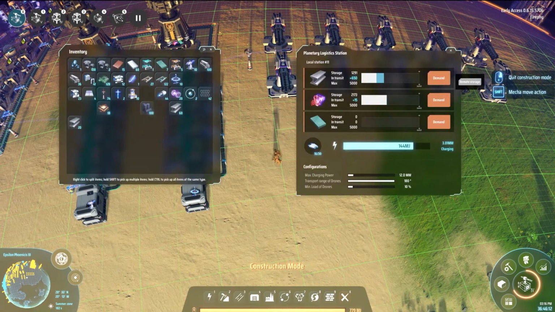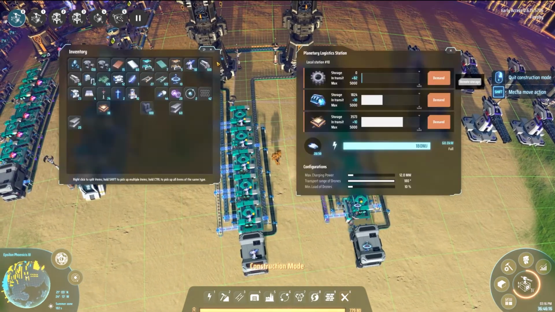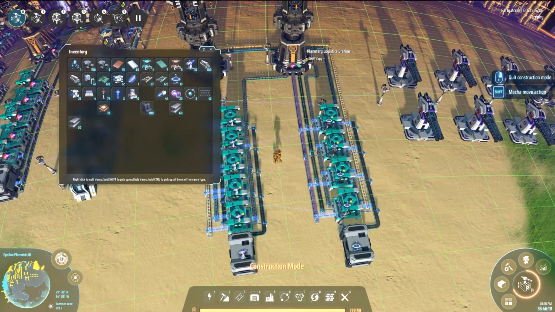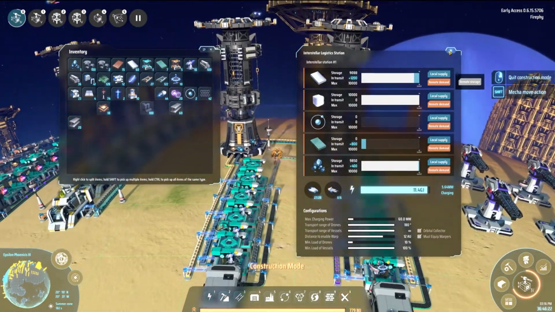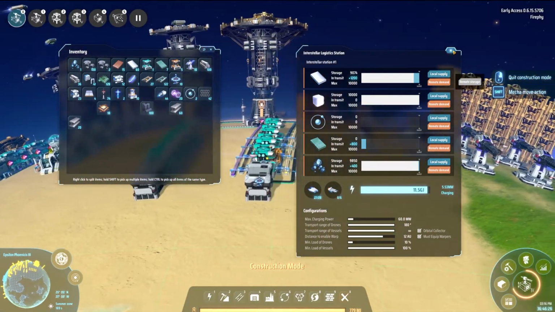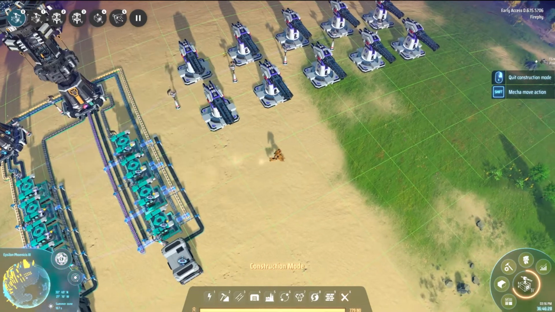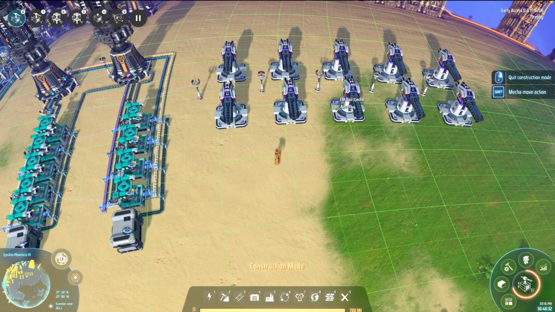What have I run out of? Silicon. That's it. Why have I run out of silicon? Because I don't have any there. That's fine. I'll sort that out. Cool. So yeah, definitely gonna do some Dyson Sphere production on the next